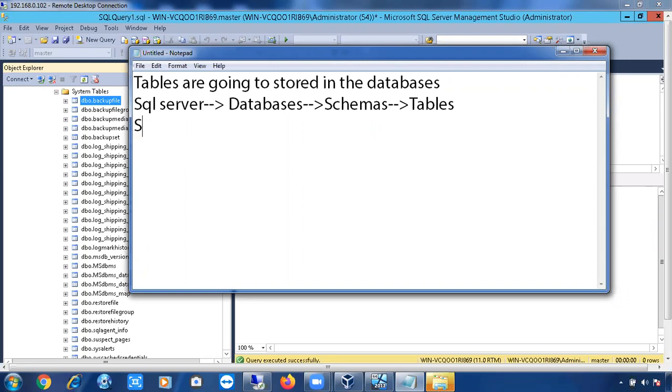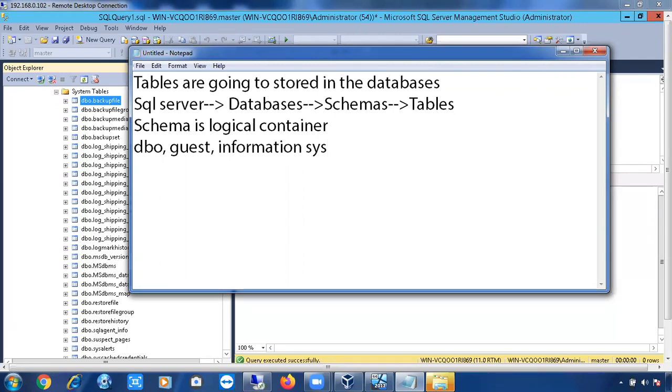What is a schema? A schema is simply a container, a logical container. Here you will have your tables in your schema. We have default schemas: dbo is one default schema, guest is one default schema, information schema, sys, and one more default schema.